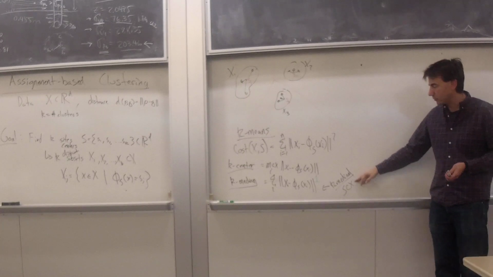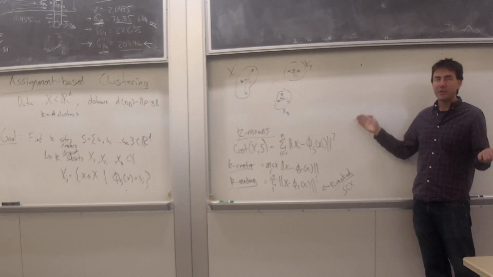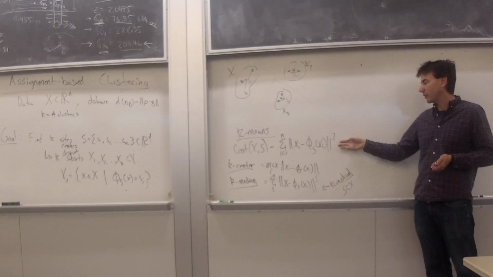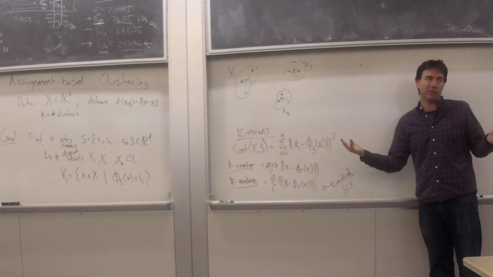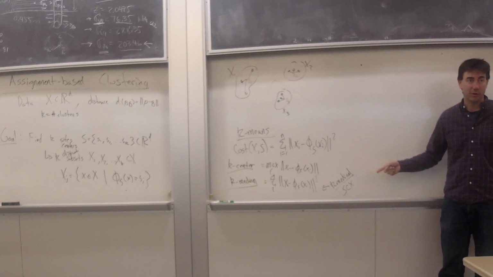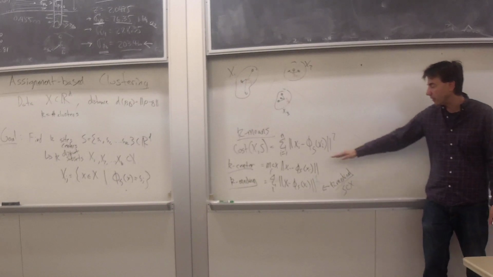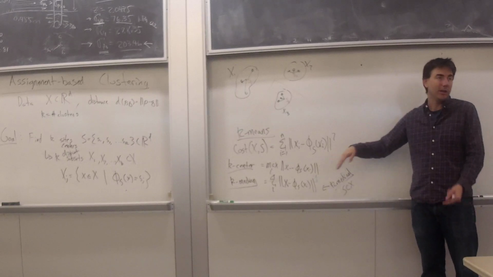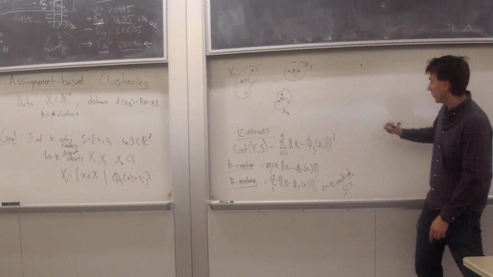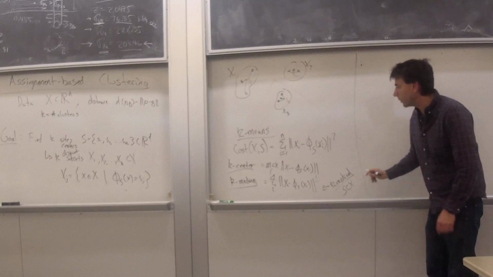This version is nicer, and there aren't any clever algorithms like there are here, so I might as well use the non-squared distance. So that's why K-median. This one has a really cool, simple algorithm as well, which is in the book, but we're not going to cover it. So we're going to focus on this